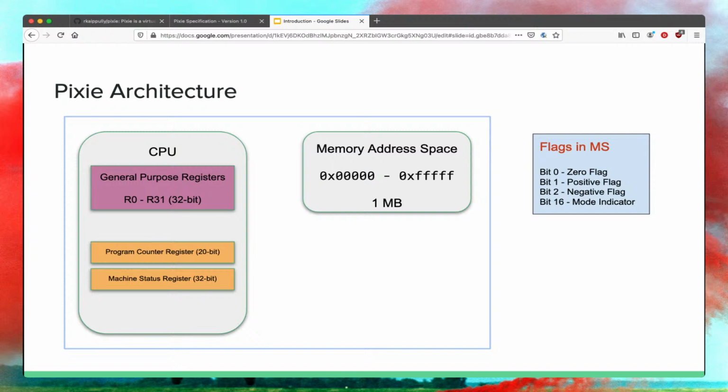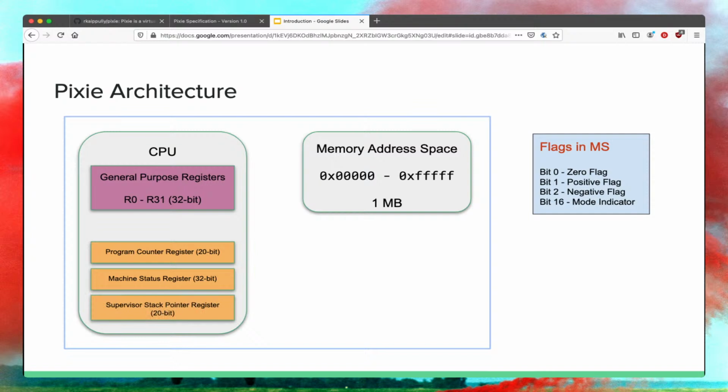And why is that important? That is important because certain operations are allowed only in the supervisor mode. So for example, if you want to access some input-output devices, which we will see in a moment, it's possible only if the CPU is in the supervisor mode. User programs cannot directly access devices connected to this computer. Okay, so we will see the details about this in a moment, but before that, let's look at one last